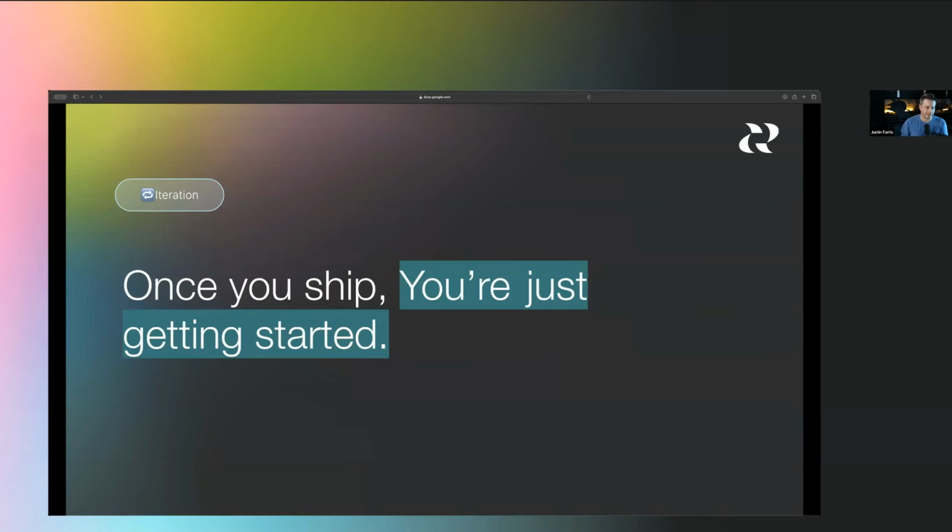Okay, so now let's talk about iteration. Once you ship, you're just getting started. And this is something we've all lived very firsthand over the past couple of years building products. These models are evolving at an incredibly rapid pace. Claude 3.5 Sonnet launched last week, and it seems really great. I'm sure another model from a different AI provider will launch next week, and you have to keep iterating, you